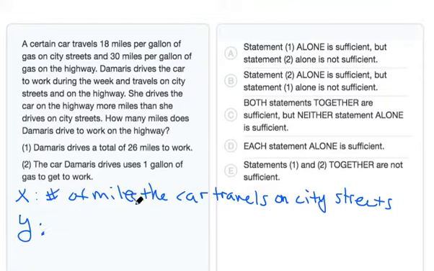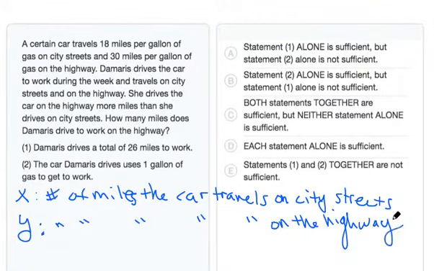Number of miles, we'll just tag that down because it represents all of the same stuff, except on the highway. So x is the number of miles traveled on city streets, and y is the number of miles traveled on